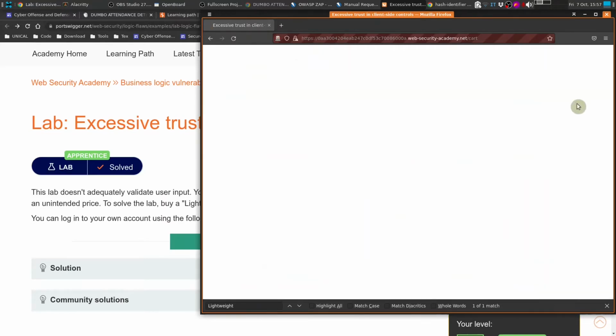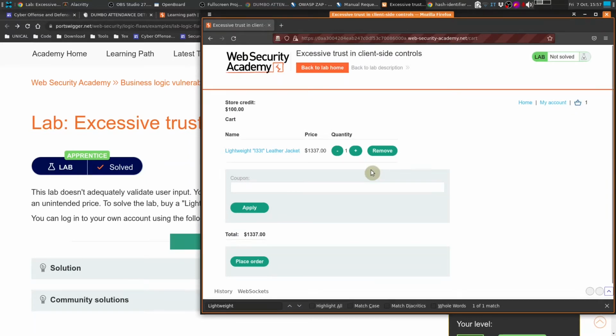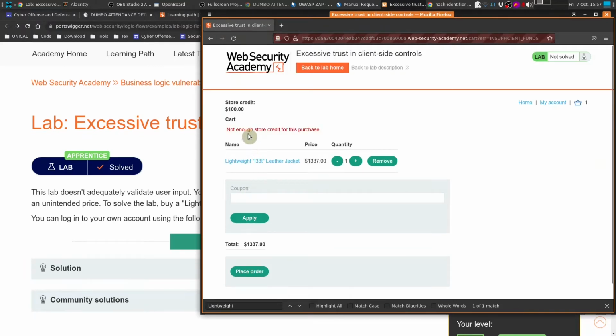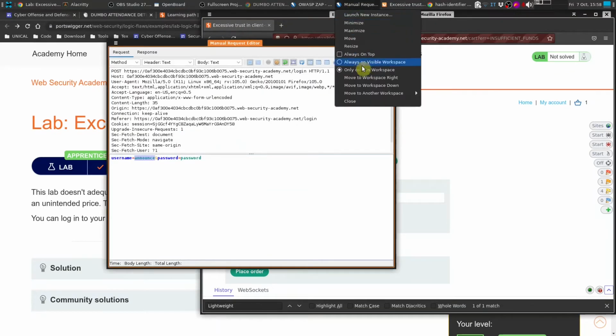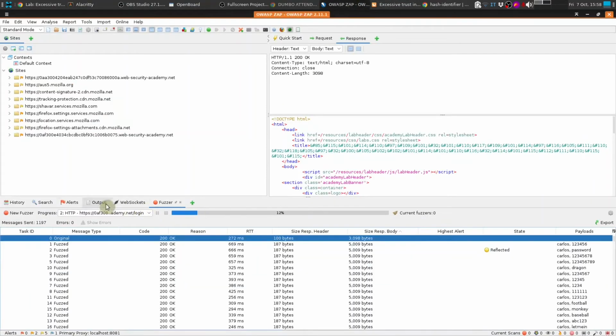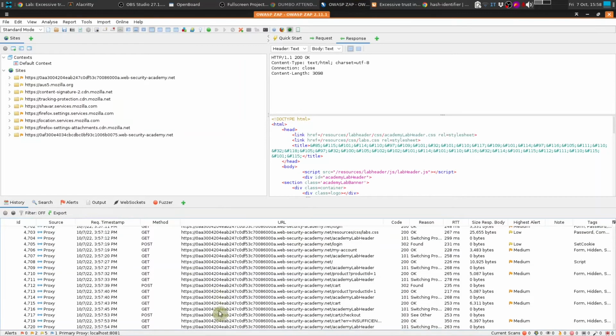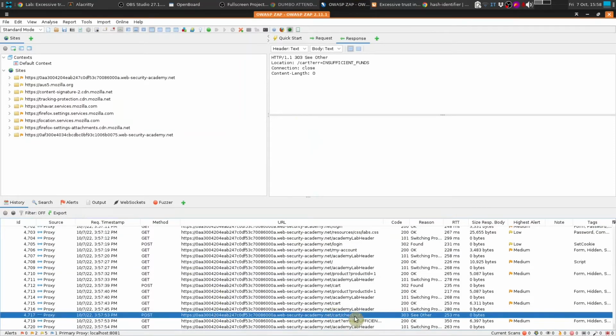Let's have a look at the cart. Okay, and now I guess if we place the order, this will tell us not enough store credit for this purchase. So we should see if there is really a validation vulnerability. Where this can be, it can also be here, but we have to understand by looking at the request. So let's go to the history. So here it's the POST to do the checkout,